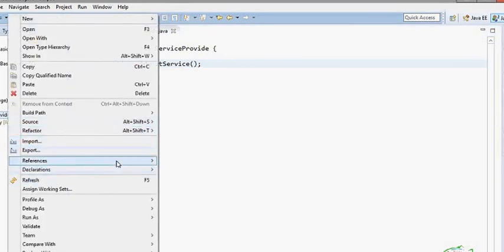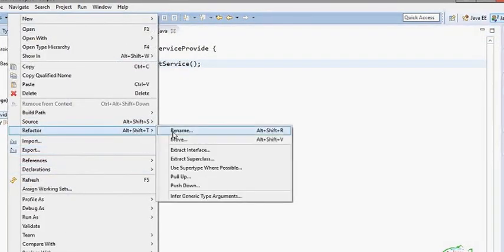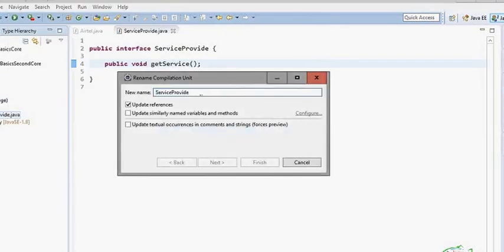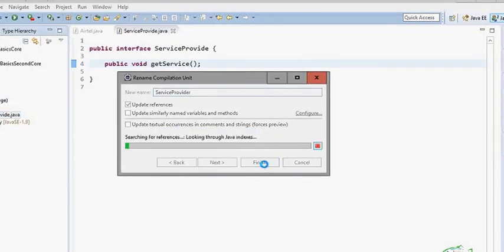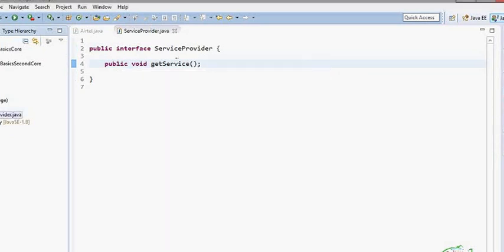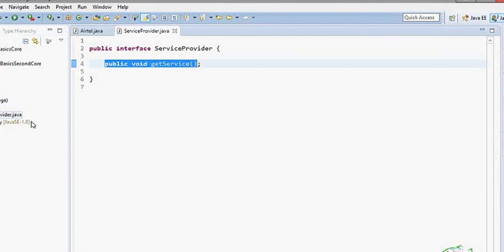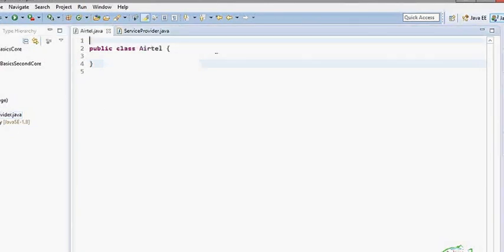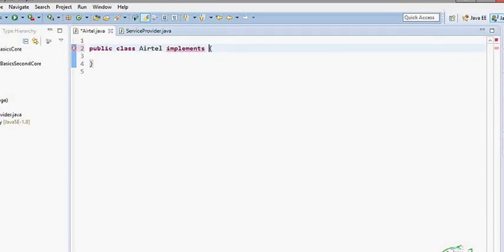The name of the interface is service provider. Now this Airtel class will implement this service provider interface.